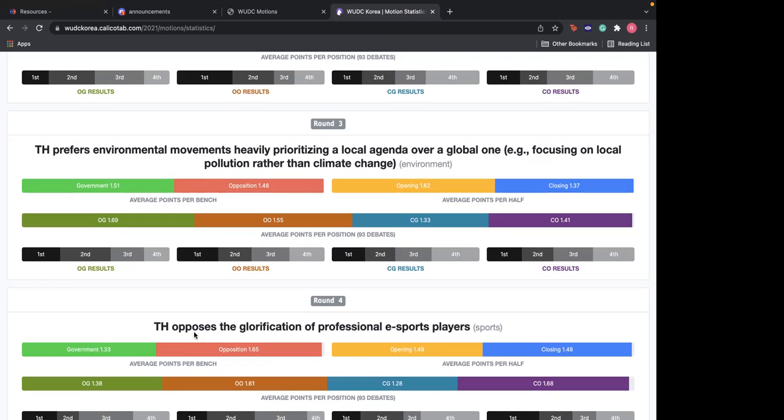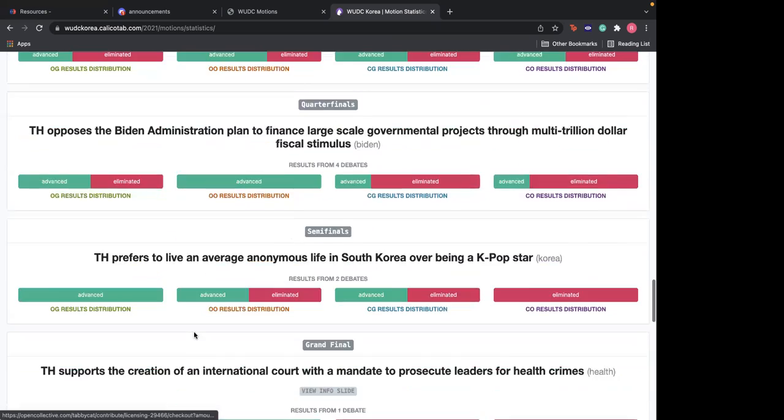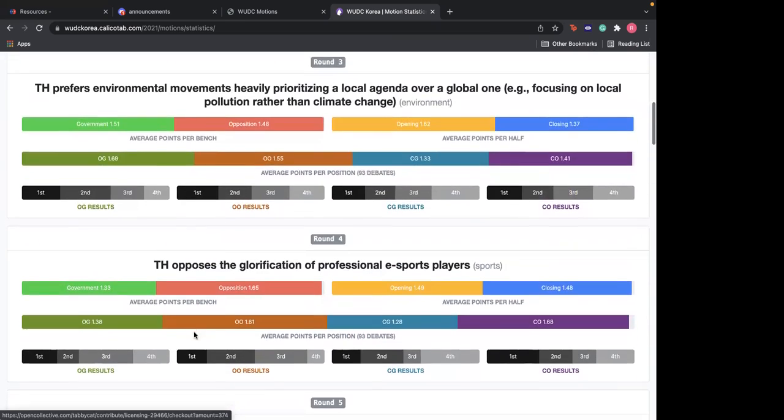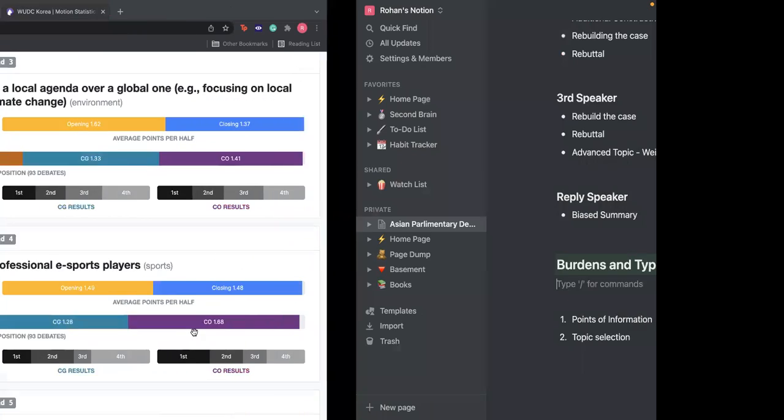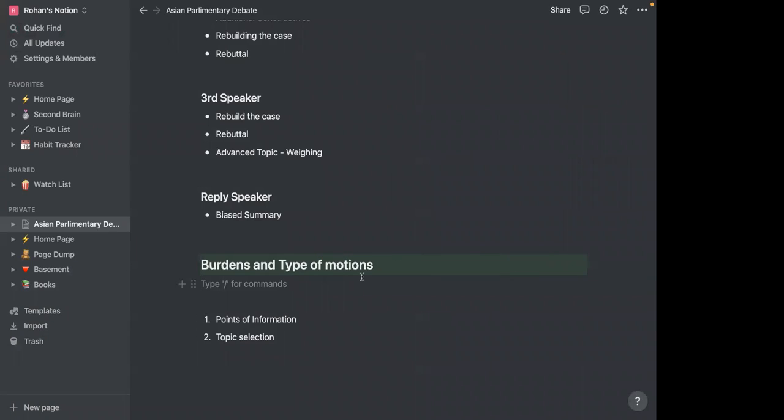So burdens are of two types: intrinsic and extrinsic. Intrinsic is what the motion tells you to do. So the motion will ask you to prove some things. Extrinsic is when teams take additional things, like teams will say, hey, we have 3 arguments and we are going to prove X, Y, Z. Then you have a burden to go ahead and prove X to its fullest extent. Otherwise, I can't credit it. If you say I'm going to prove X, you have to prove X to me to be convincing. And therefore, you have a burden to prove the entirety of the argument X.